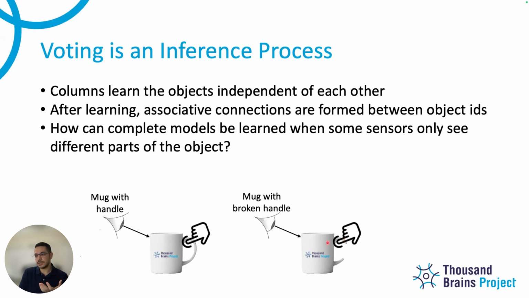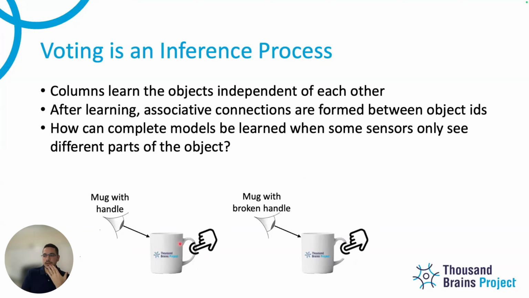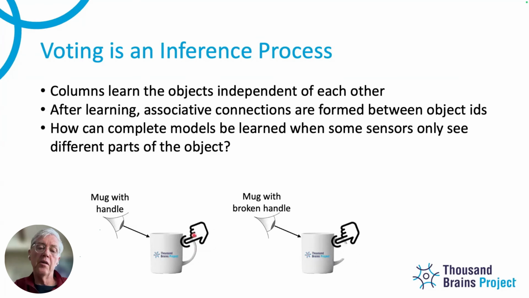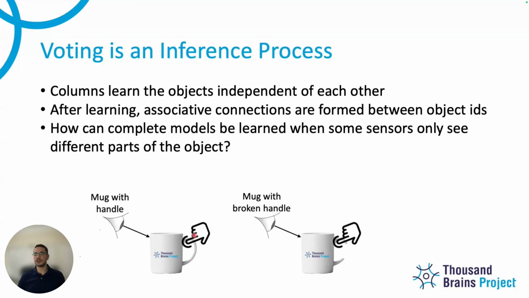There is a solution to this also with hierarchy. I'm sorry, I don't understand the problem here. The problem is the eye doesn't see the handle? The eye doesn't see the handle. You're inspecting a model, and you have two sensors, and you're looking at a cup from this side. Right, so the eye doesn't see the handle. Why would you expect the vision system to have a model of a mug with a handle? I never saw the handle. You're trying to build an object ID, like a complete model.